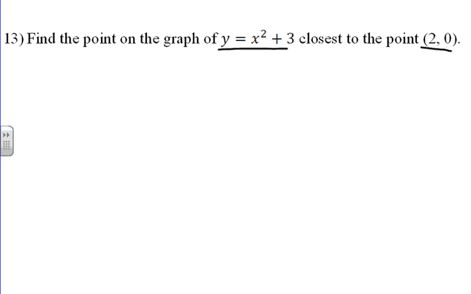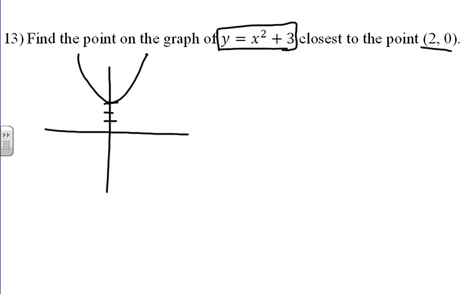Okay, so I'm going to graph because we're going to find a point that's on the graph of this function being a quadratic. It is shifted up 3 units, so we have a parabola looking like so. Now from here, we have another point which is over at 2, 0, so 1, 2, 0. And we are trying to find a point,